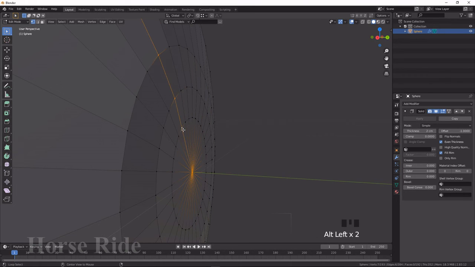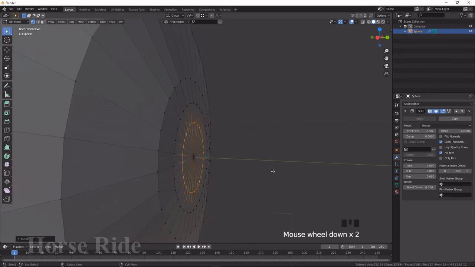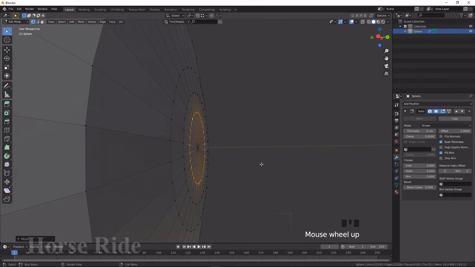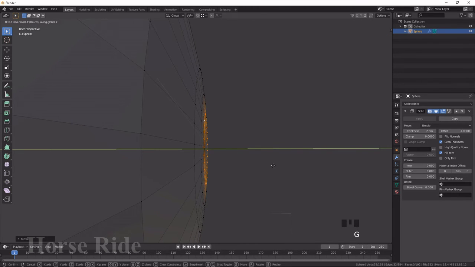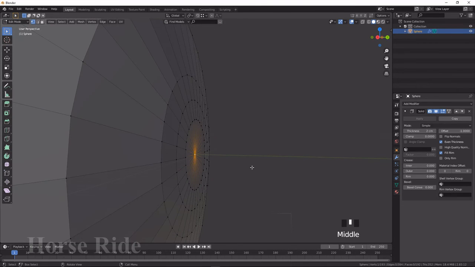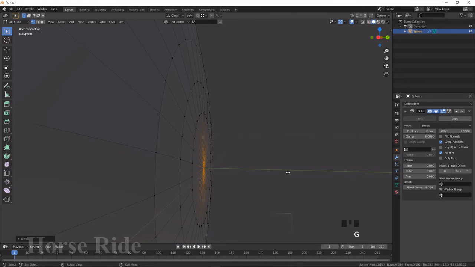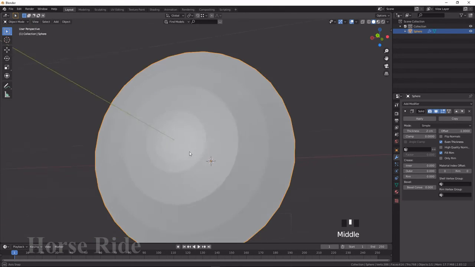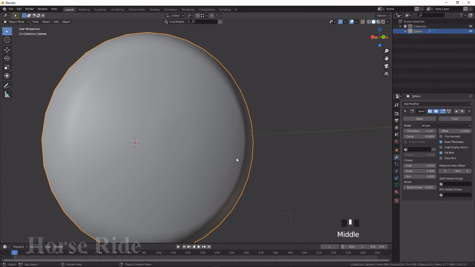And I select these using the Alt key, G Y Shift and move a little bit further. Select these vertices and G Y using the Shift key, move a little bit further. Okay, now it looks better, shade smooth, fine, but it doesn't look like a shield.